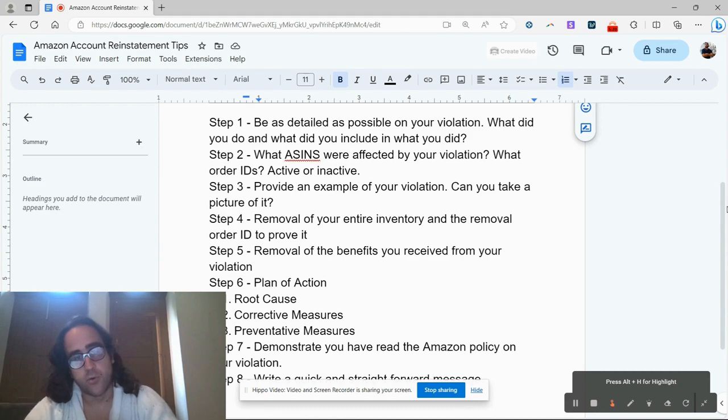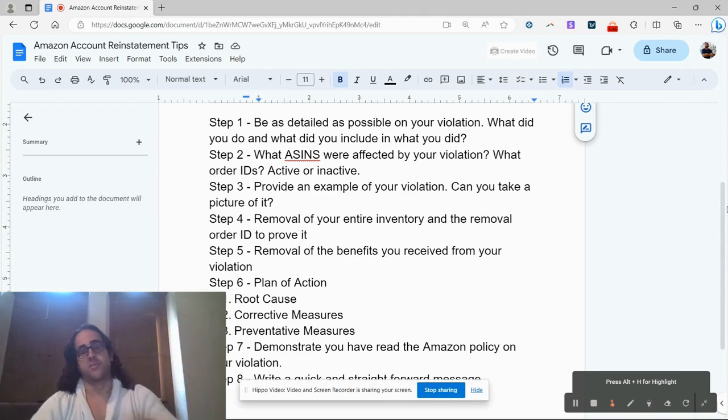Number 4, remove your entire inventory and have the removal order ID to prove it. This may seem costly, but it's probably a lesser cost than just losing your Amazon business as a whole. You have to determine this, of course. But if you're, again, let's go with the example. If you're selling something that has intellectual property protections, and you're selling it and you got under